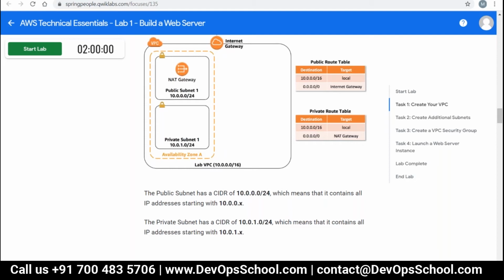So you have two subnets now with CIDR ranges of 10.0.0.0 and 10.0.1.0, right? Yeah, that's correct. Okay, maybe there is some change in the IP structure, but it's still okay as long as you have two subnets.